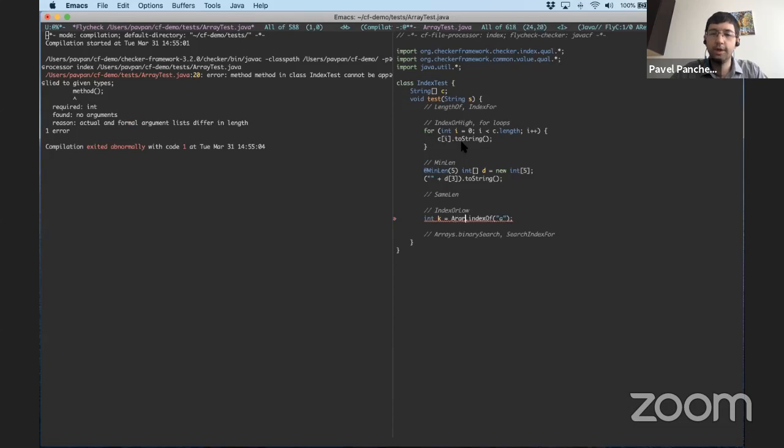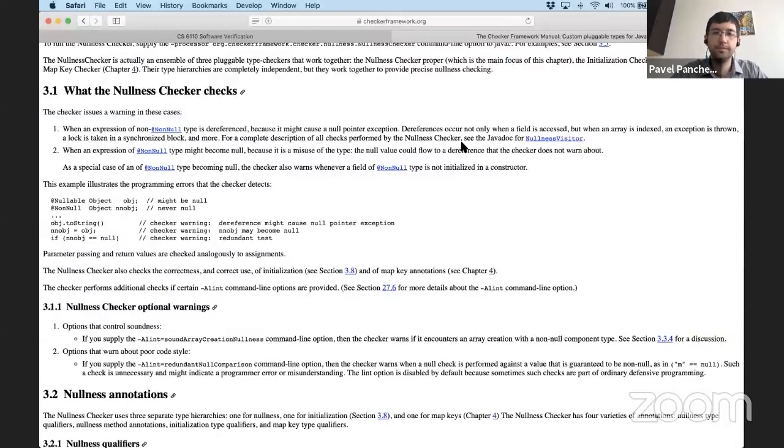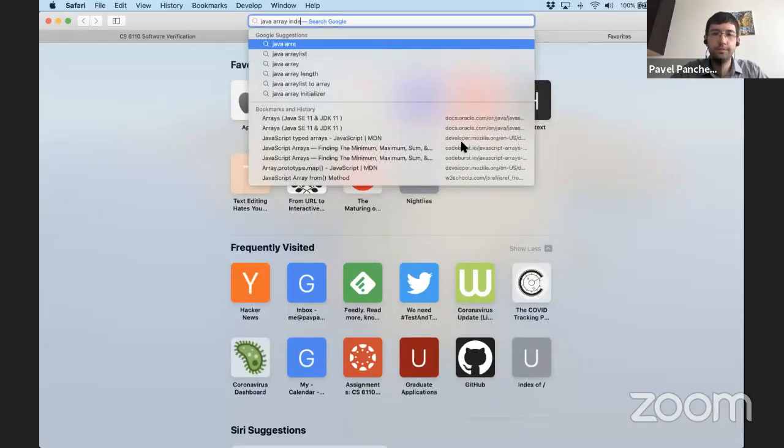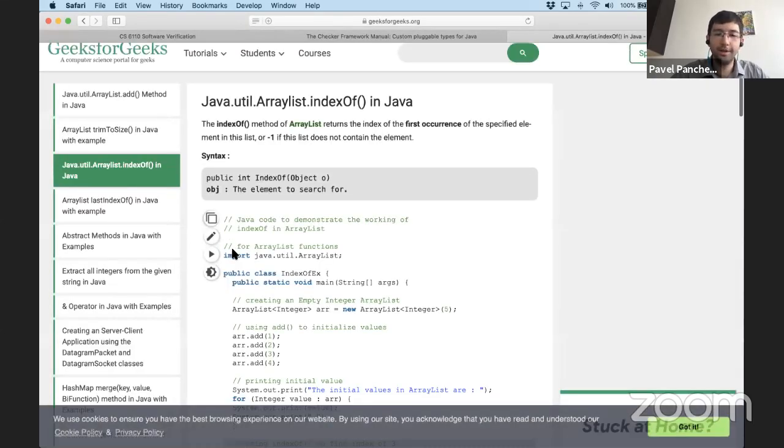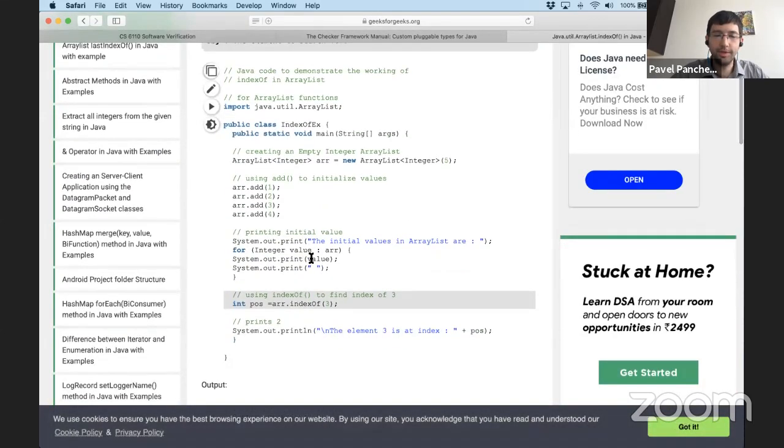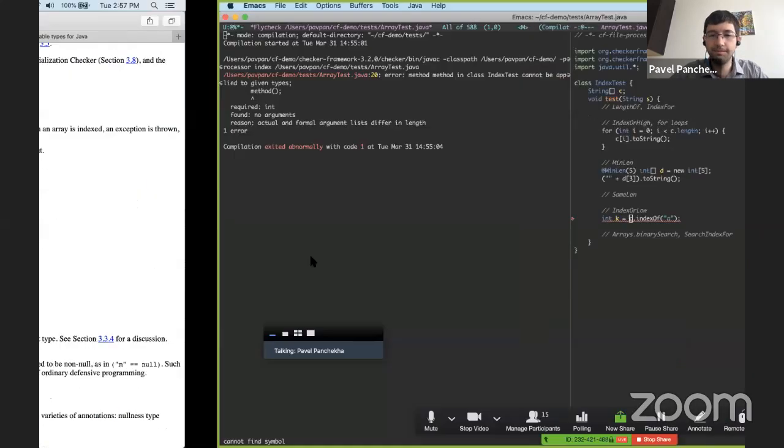Oh, is it like arrays.indexOf? If anyone wants to hint to me how index of works so that I don't have to embarrassingly look it up on the internet, you let me know. Yeah, array.indexOf should work fine.